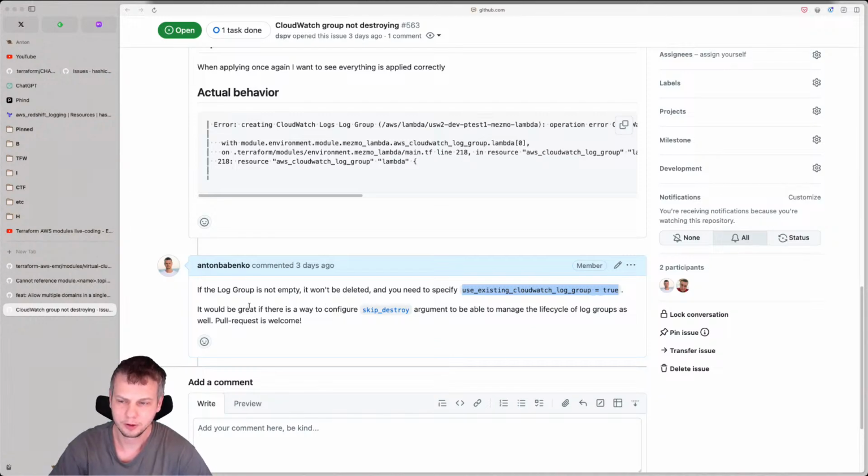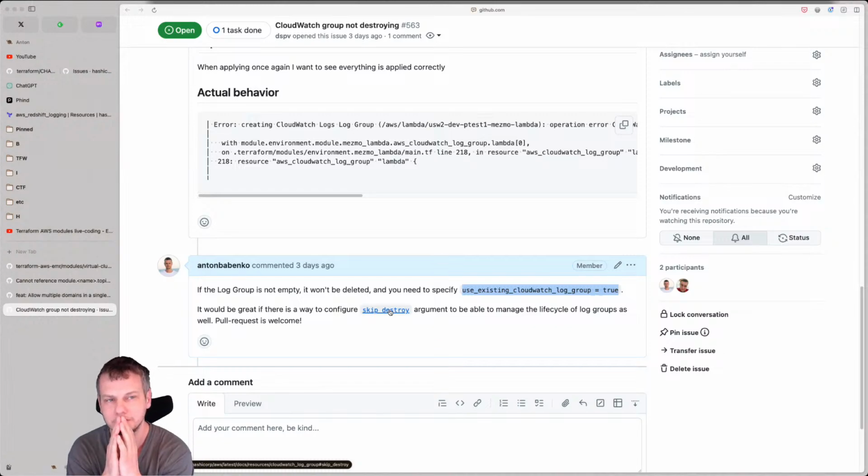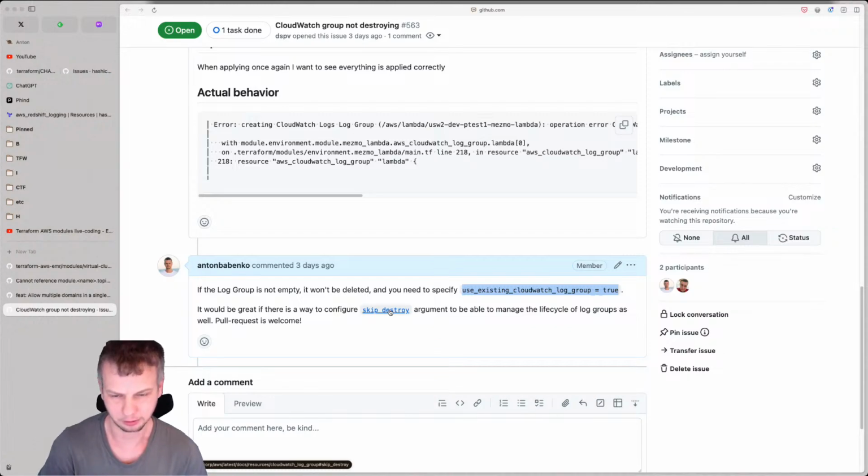But we may want to have a way to skip destroy argument to the CloudWatch log group, so that we actually delete this log group.